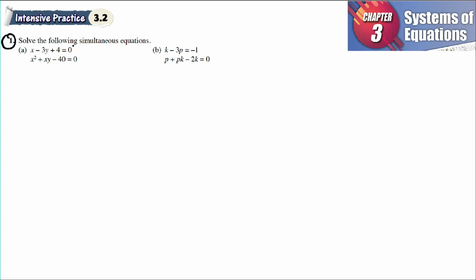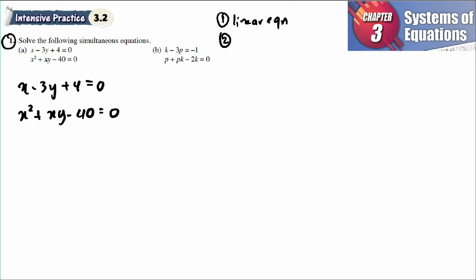Number 1, solve the following simultaneous equation. So A, x minus 3y plus 4 is equal to 0, and then x squared plus xy minus 40 is equal to 0. To solve this, first find the linear equation. So get linear equation,